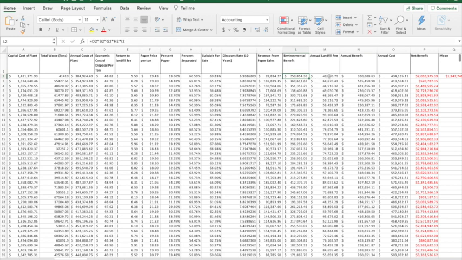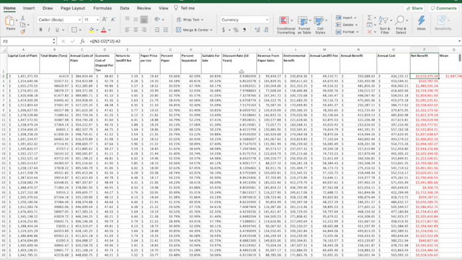There's a landfill fee, and there's my total for that. Again, I have totals for that. And then the total benefit, which is L2 and K2, which are these two values here. So then my annual cost is going to be equal to the annual landfill fee plus, over here, the annual cost of the plant. Annualized cost of the plant. And that's my cost. And then my net benefit then is going to be equal to N2 minus O2